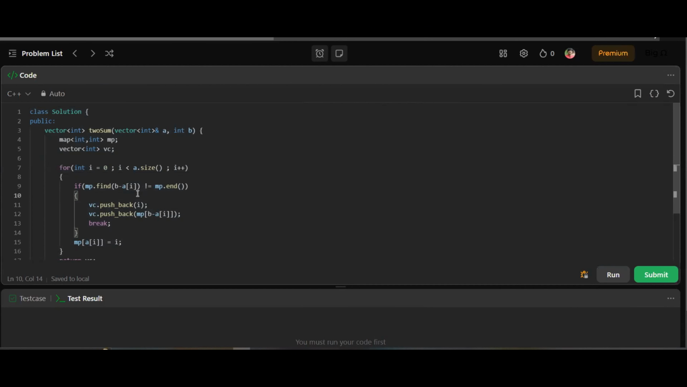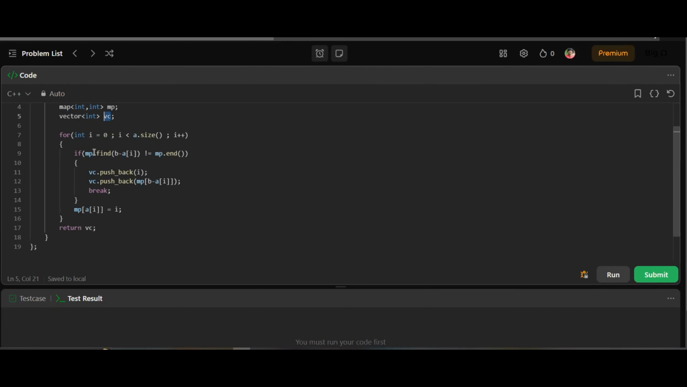At first, we are given a function named twoSum which returns a vector of integers. The function has 2 parameters. One is the vector A, another is the target B. Now we have to take a map whose name is MP and an integer vector to store the result. Now we have to loop from 0 to the array size, and in each iteration we have to check whether